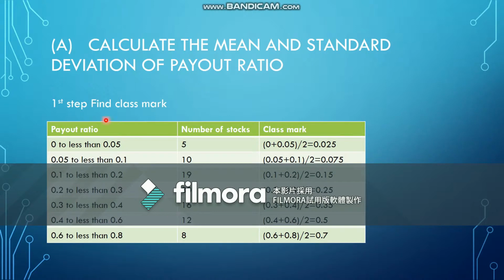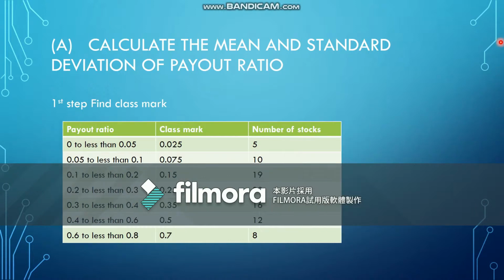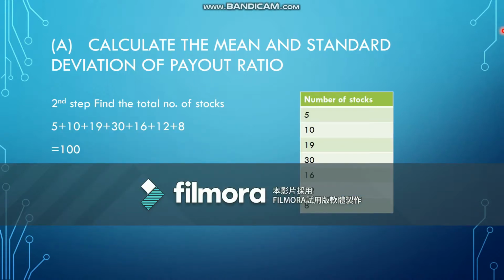We can find the class mark by, for example, adding up 0 and 0.05 and dividing by 2, and we can find the class mark of the first payout ratio. It is 0.025. After we find all the class marks, we need to find the total number of